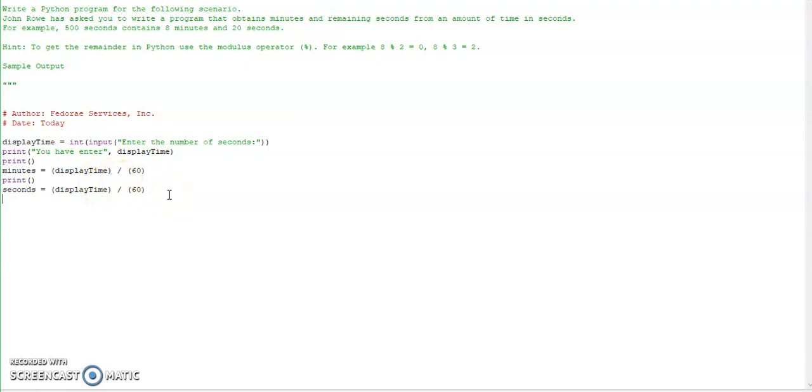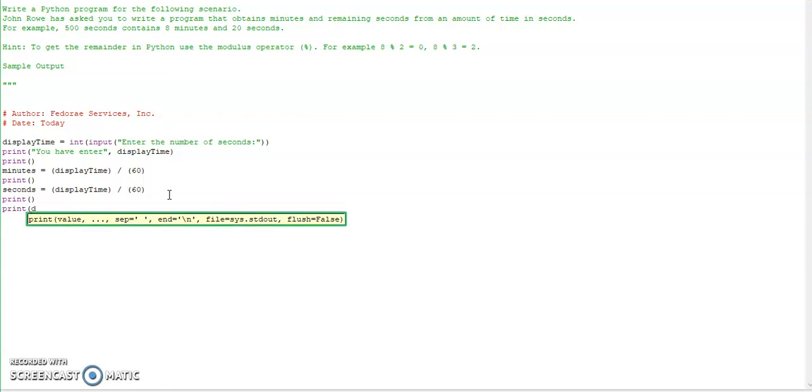Alright, so let's move on. Print, we'll give it a space again. And now what we want to do is display the minutes and the remaining seconds. So let's go ahead and have our print statement. So we'll print, and let's go ahead and display what the user entered. So we'll say displayTime, and we want to leave that there, concatenate this here, displayTime. So this would say, like, if we enter 500, so this will say 500, and we're going to say seconds is,